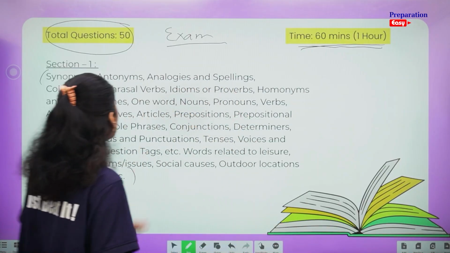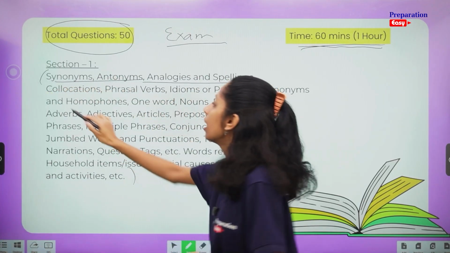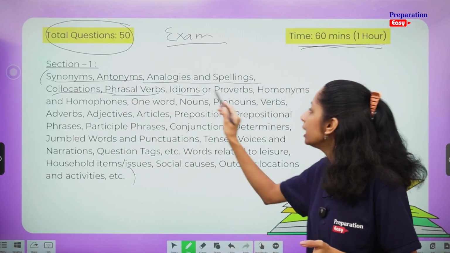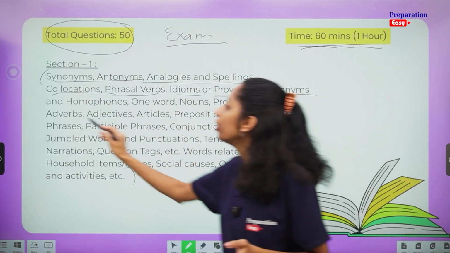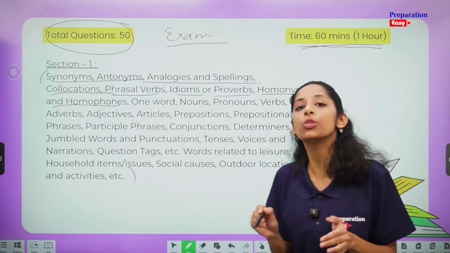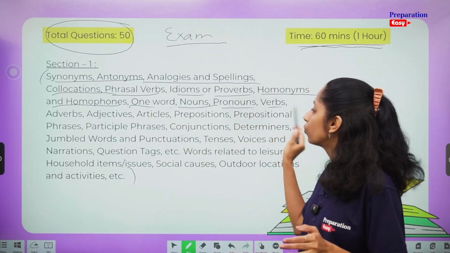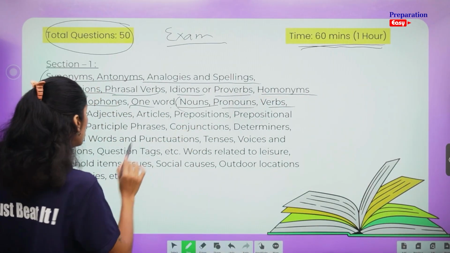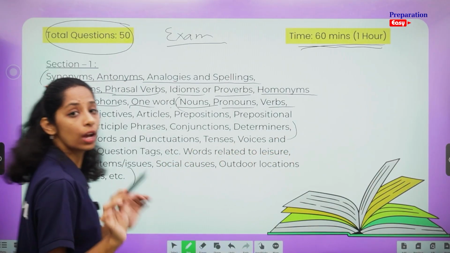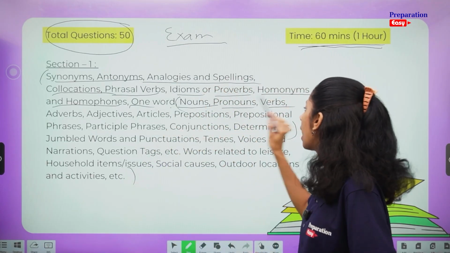Okay. So we are going to understand the synonyms, antonyms, analogies and spellings, the collocations, the words which are combined, okay, the phrasal verbs, idioms, proverbs, homonyms and homophones. There is a difference between homonyms and homophones that we are going to understand in our next video. Then one word, nouns, pronouns, verbs. See here, from here we are going to understand the parts of speech, and these are the parts of speech: the noun, pronouns, verbs,